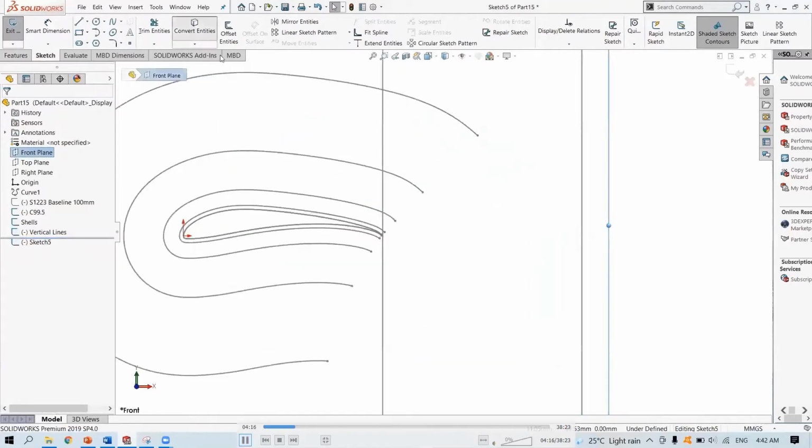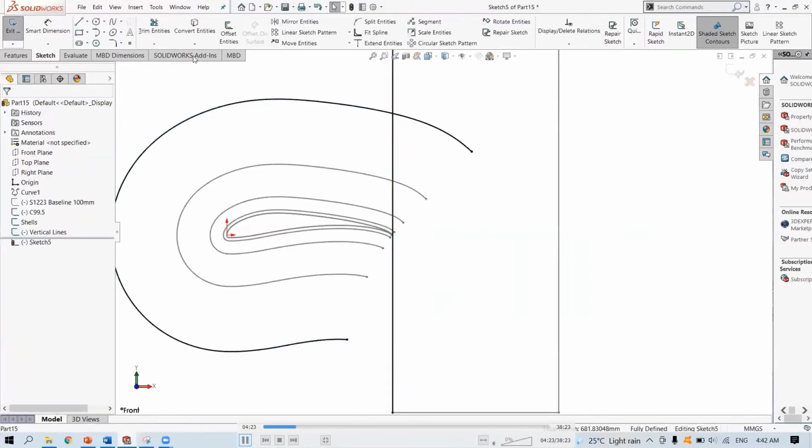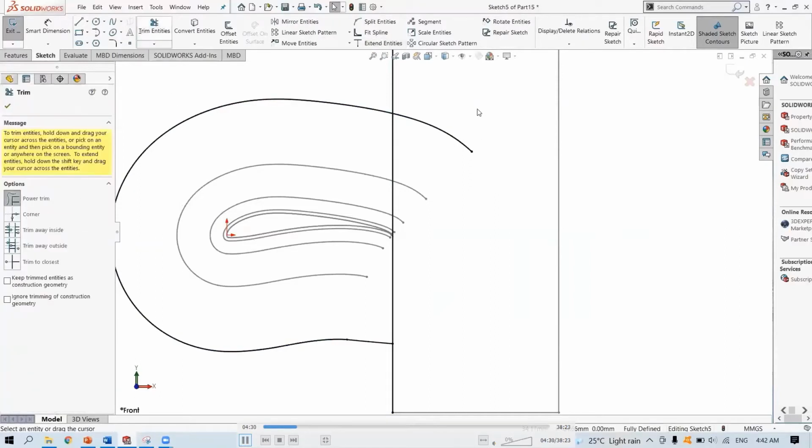In the sketch, just convert entities for the fourth shell, as well as the first vertical line. Now just extend entity and just trim it off for the top part.